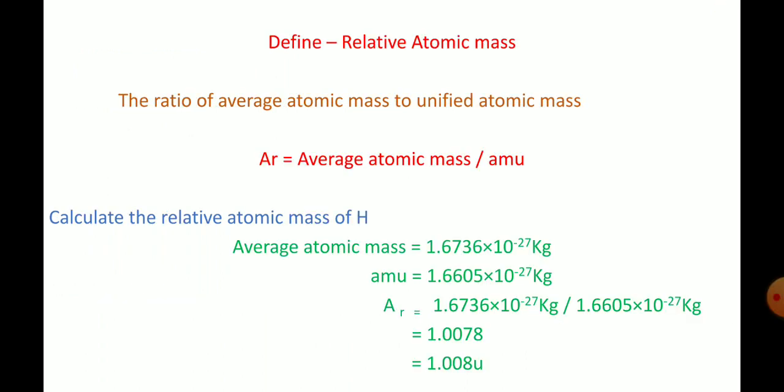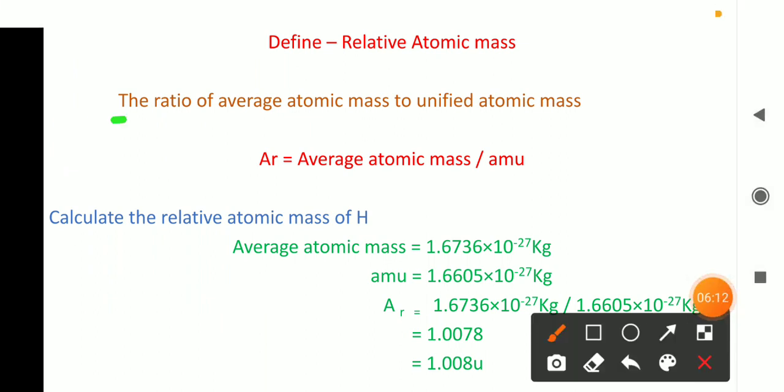Okay, now we are going to see relative atomic mass. Atomic mass we know, it is the mass of an atom. Then relative atomic mass, in the sense we are relating the known mass with unknown mass, no? So the atomic mass is modified into relative atomic mass, and scientifically it can be defined as, the definition is